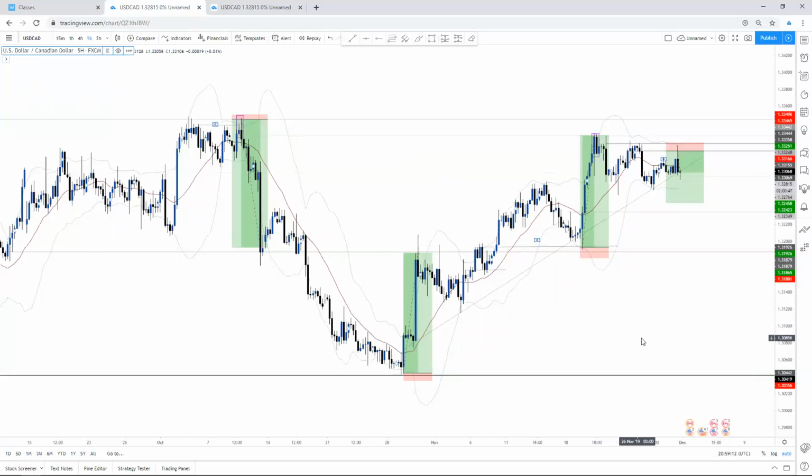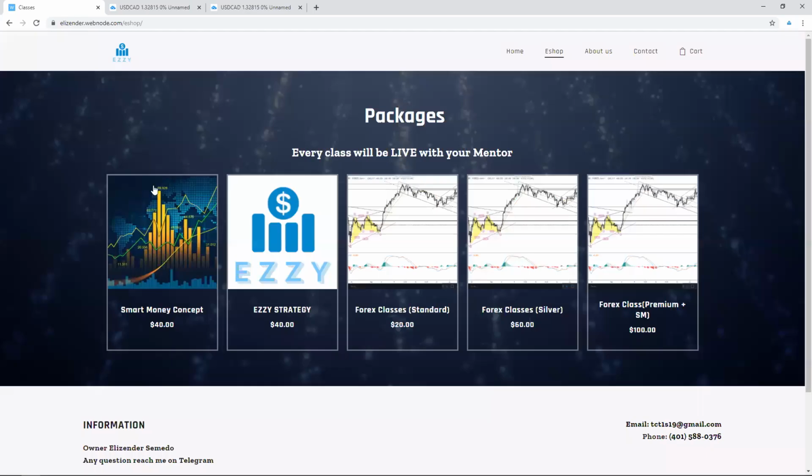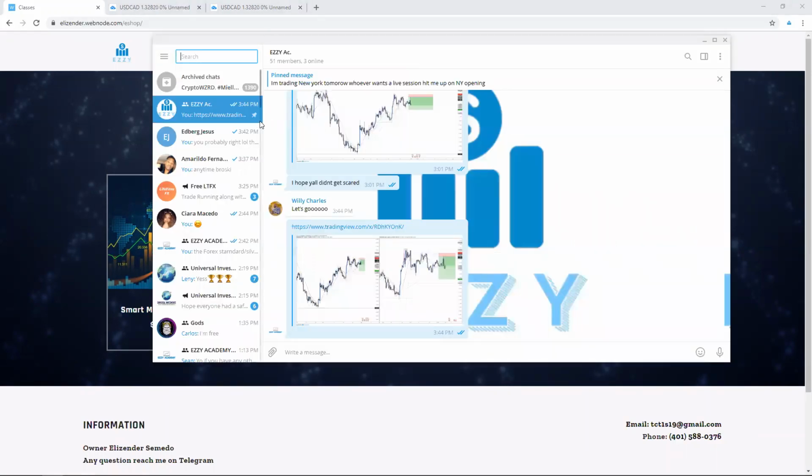It's just targets, right? And if you're not familiar with this type of trading, we offer it. Actually, this is the only package that offers videos, so you can keep it, because it's an interesting concept. It's not hard to grasp, but it's tricky, right? So instead of just having live classes, I record them and give them to you so you can go back, watch it again, and if you have any questions, you're also going to be added to my elite chat. As you can see here,